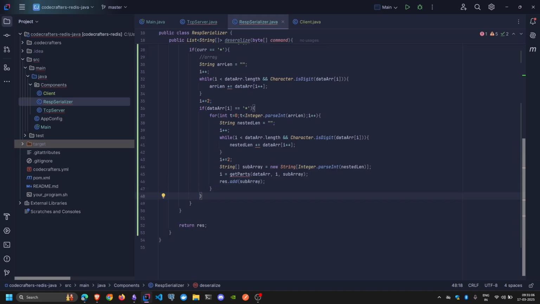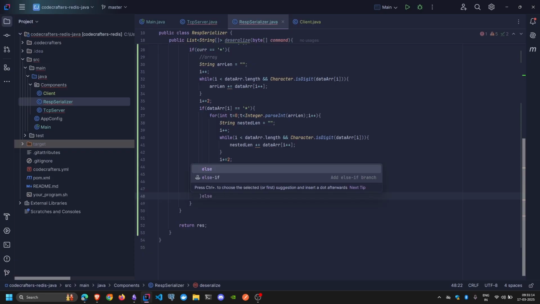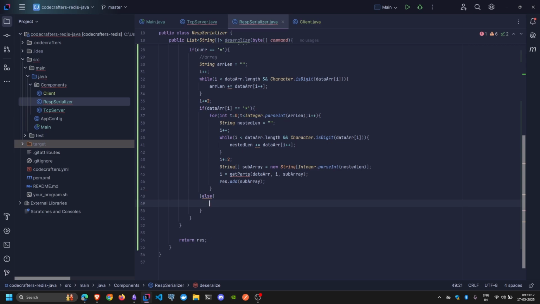Now what if what I received was not an array? So if it is not a nested command that I'm receiving from CodeCrafters, it's just going to be a single command. What I can do is I can do this, and instead of nested length, it's going to be array.length. This will make more sense to you once